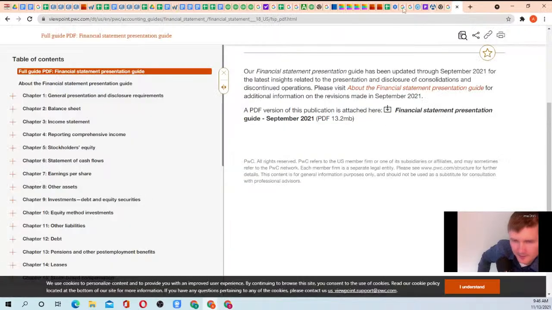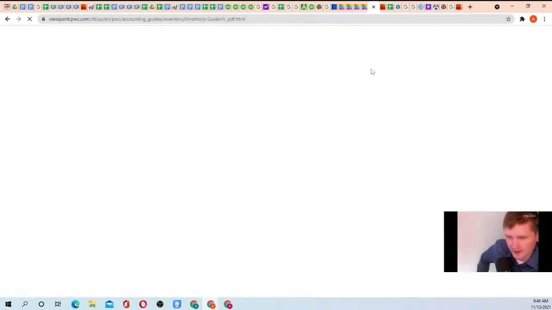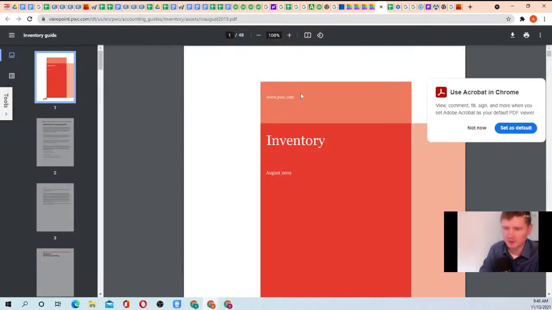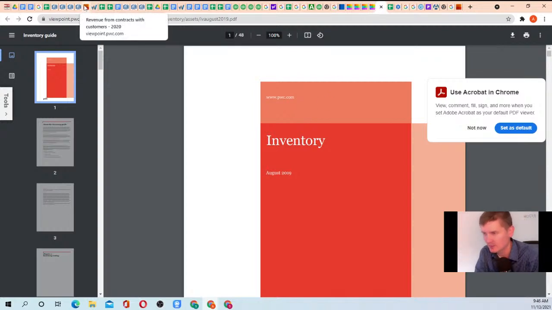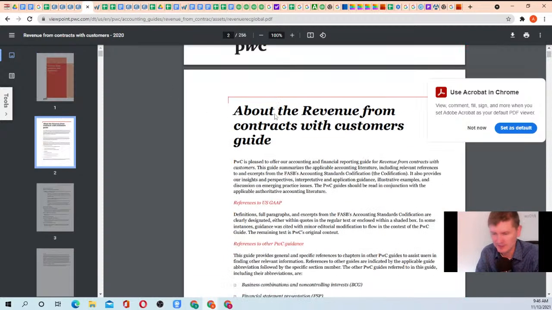Let's see if I have it open here. I have inventory here. That means that we will take a pretty short look at the inventory today, but that's going to be later today. Okay, so that's the standard,